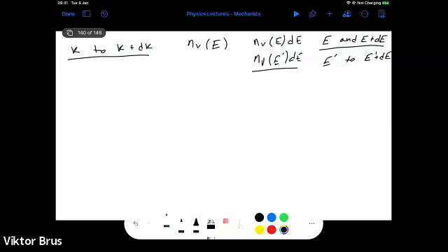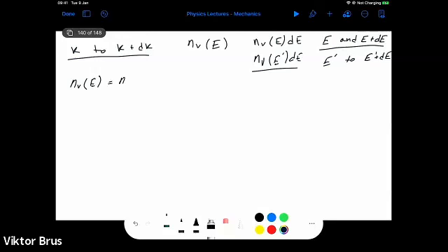However, in statistical mechanics, where we deal with systems of many particles, and in particular also for the ideal gas, this is the so-called Boltzmann distribution, and quantitatively it is given by this equation: N_V as a function of E